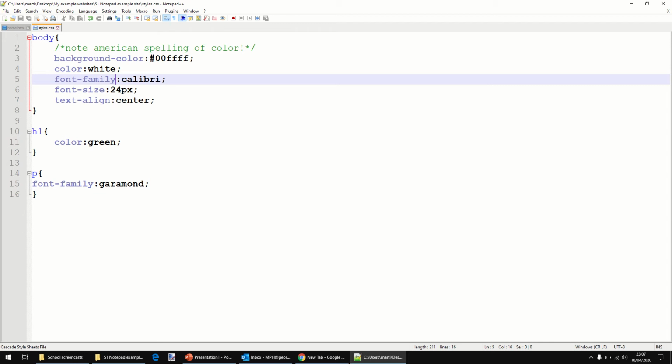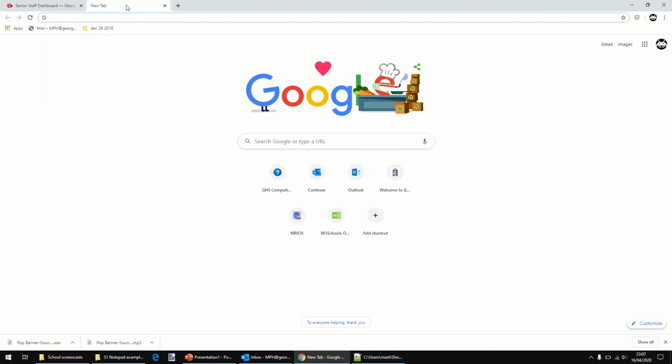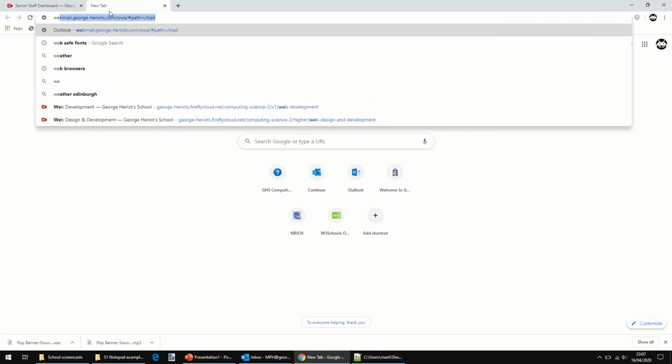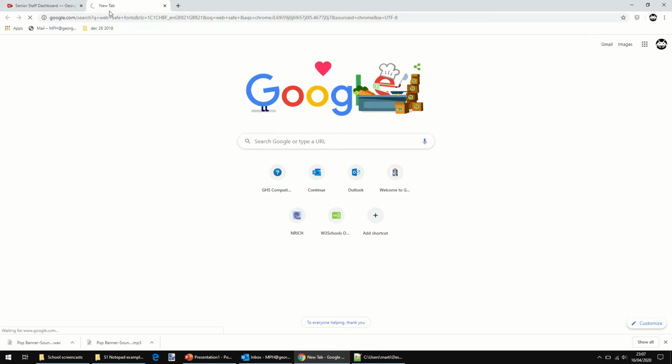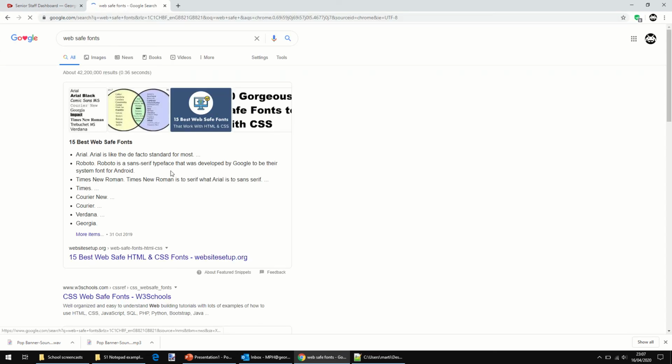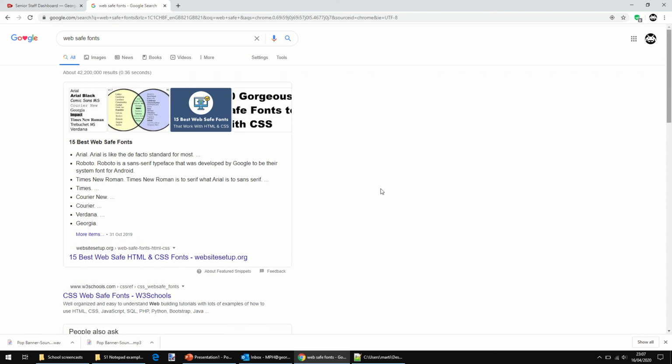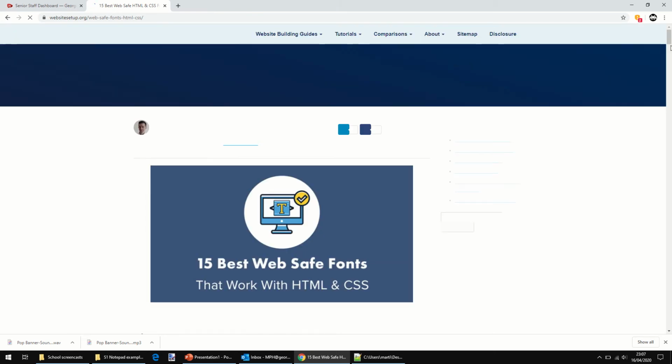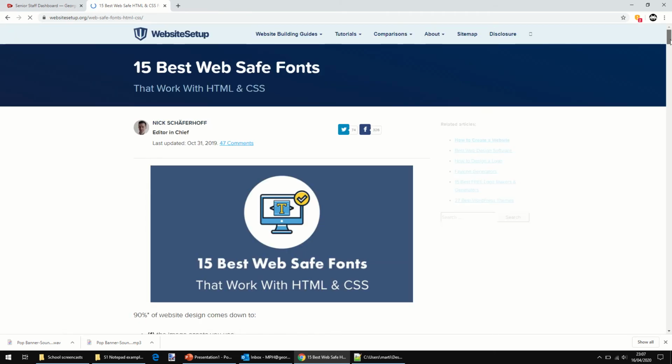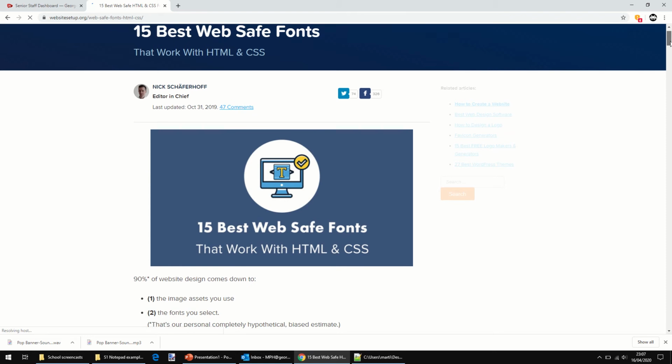So I'm going to go to Google quickly and just have a look at Websafe fonts. You can see I've Googled it previously. Websafe fonts. And you will see here, let's just go for this first one. You will see here a list of Websafe fonts. These are basically fonts which you should be okay to use, and they should be okay in pretty much